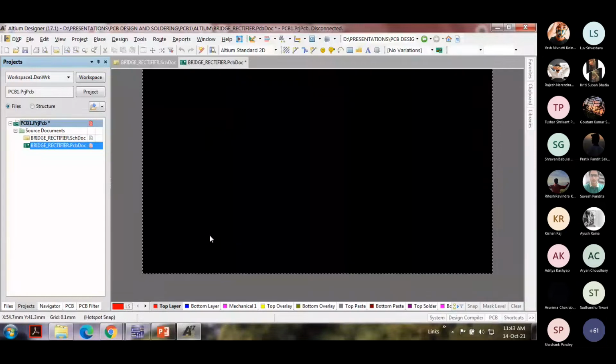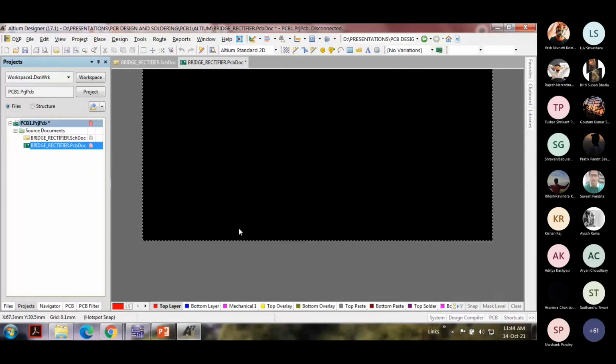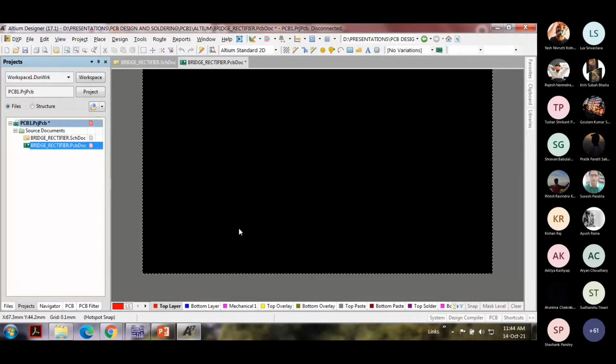Now let's see a couple of things on the bottom also. There is some kind of a color coding for the different layers on the PCB. Top layer is red, bottom layer is blue, other layers have different colors altogether. So you can just go through this. We're not going to explore all of them, but at least the minimum ones which are required will be explored. Okay, up to this point, guys?